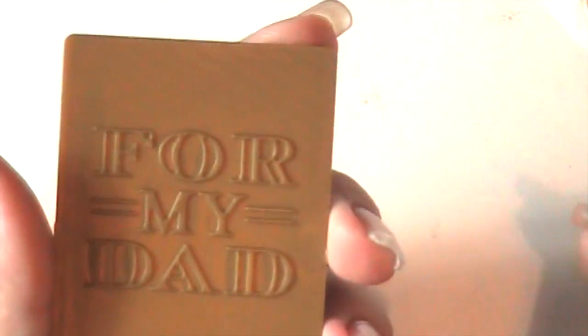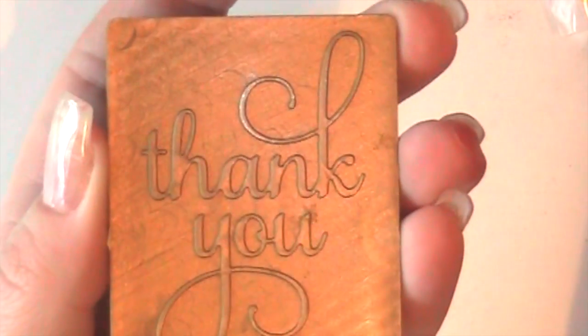So we've got here for my dad, and then get well soon. So there's 3 sets in each one of those little packs, and that's deepest sympathy. So then we've got happy birthday to you, happy Easter, thank you. And then we're going on to our label shapes, and another happy birthday to you, I love you,